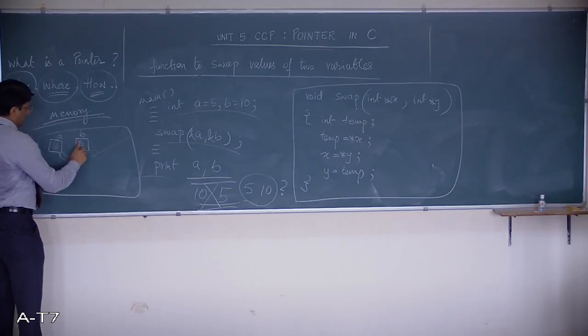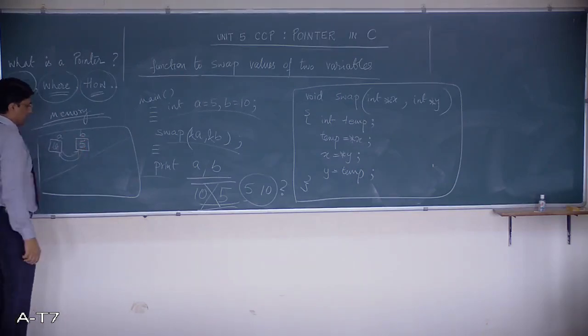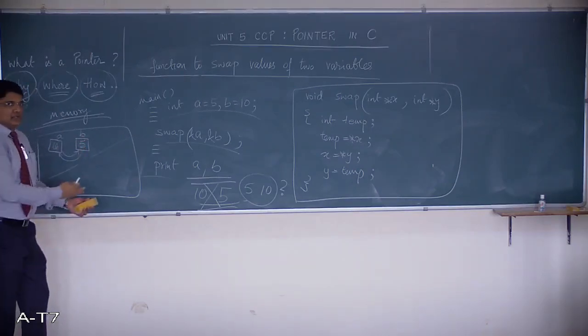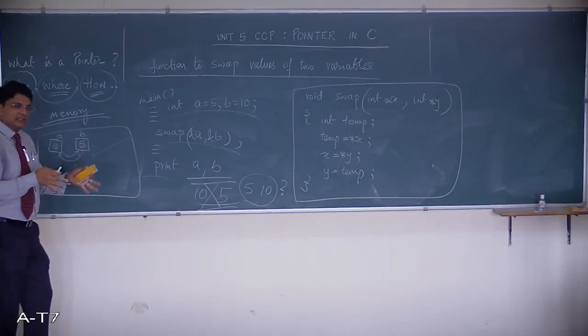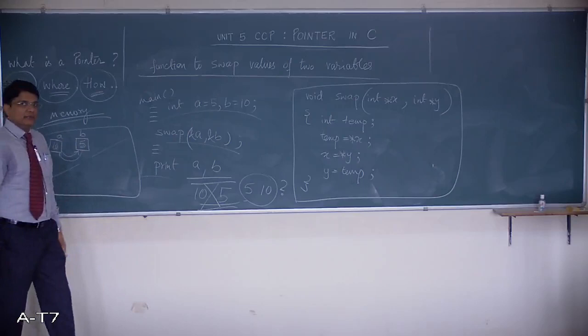You are trying to exchange these values. 10 would come here, 5 would have gone here, and that shows how pointers can be used to swap values of two variables. Let the operation happen at the address of the variables. Don't deal with the variable